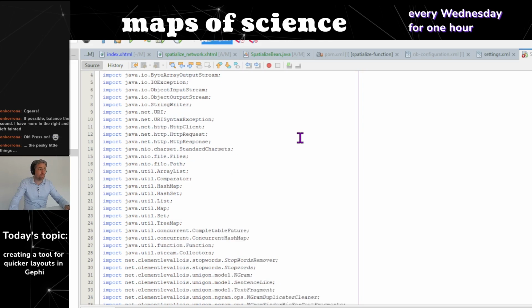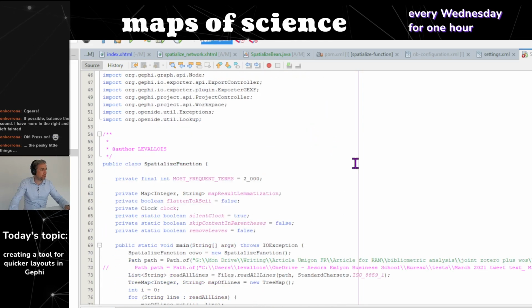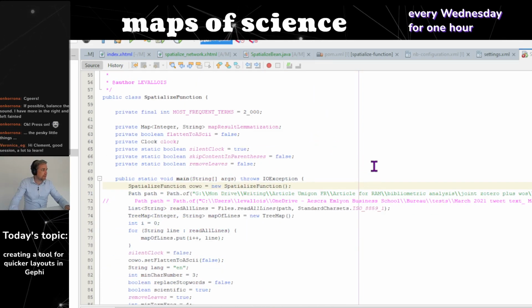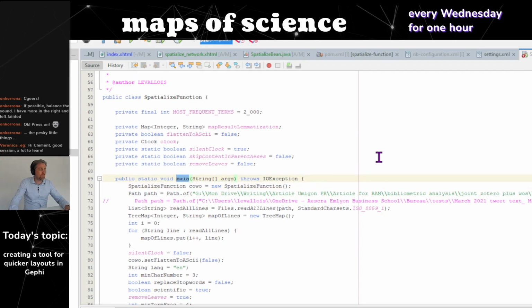Okay, so that's the file of a function that exists. So I have a main function. In Java, the main function is the thing that